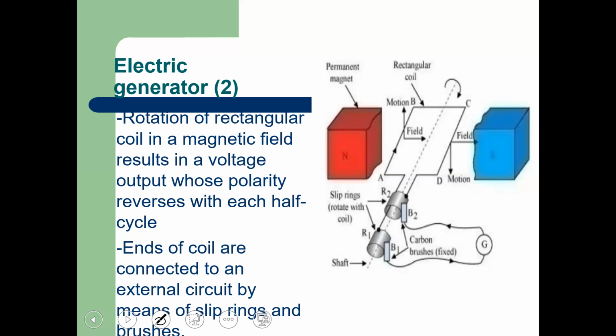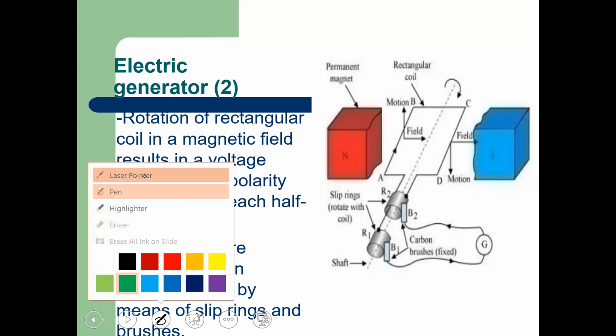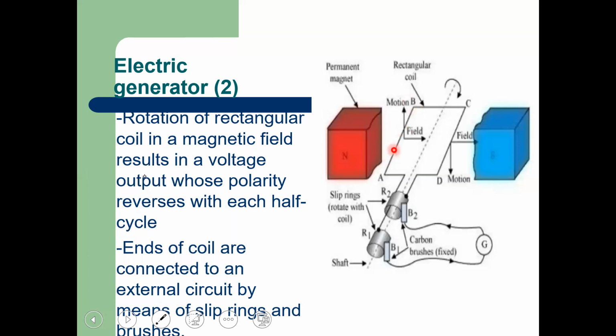So the wire on this side would always slip around this ring R1, while the wire coming from CD will always slip around ring R2. So it will be sliding in ring R2. Then you will agree with me that when